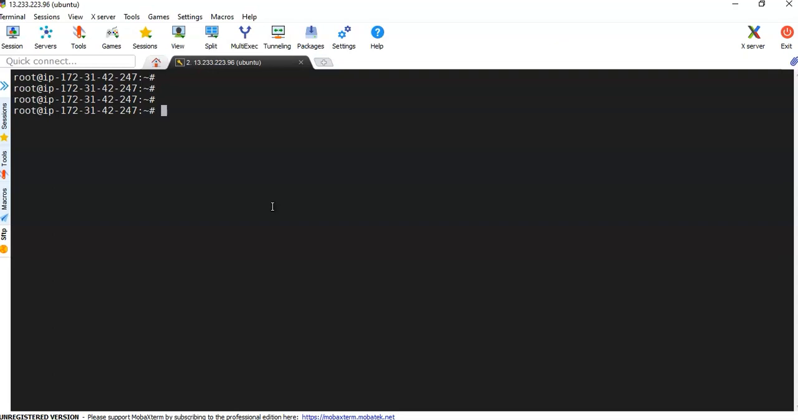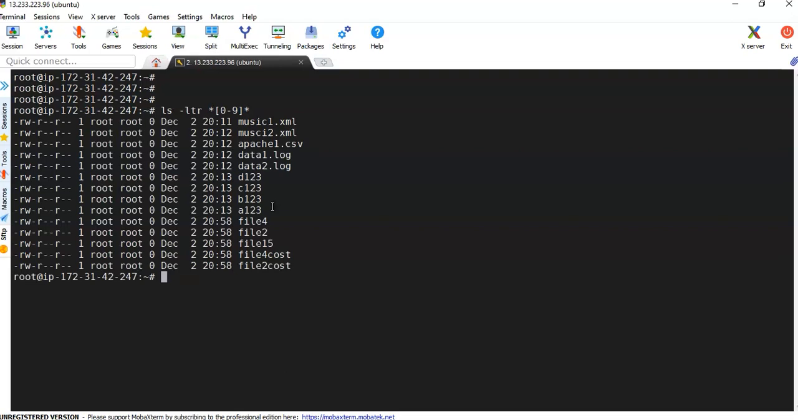It can be starting, or ending, or middle, anywhere. For that we can use ls -ltr, and we are going to use star, meaning before this character, a numeric character, whatever it can be. So we should use square brackets and 0 to 9, and then close this. And ending also it can be anything, so we are just giving star. Now if you hit enter,